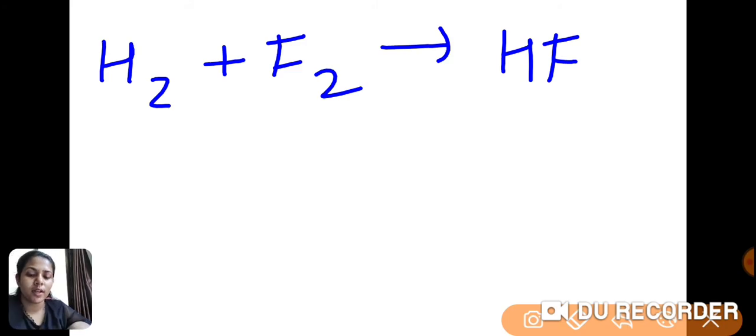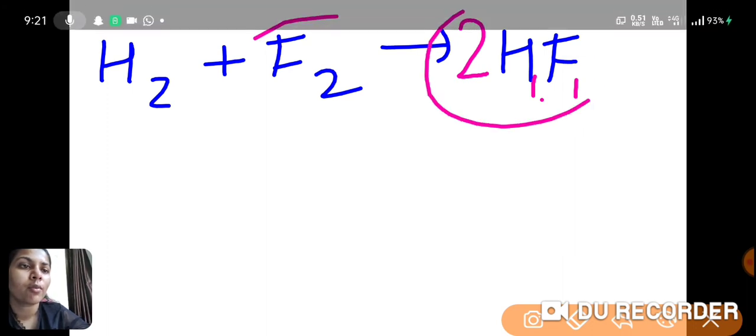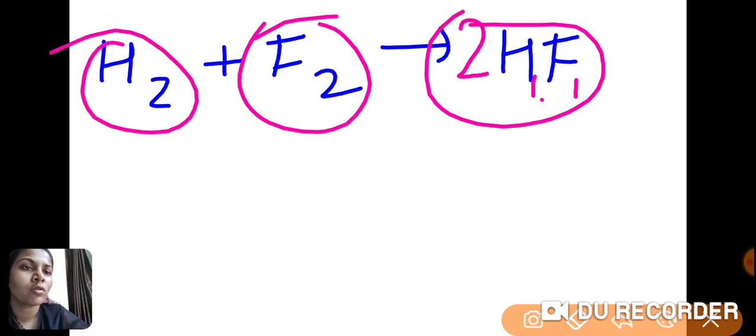So this is the reaction. Hydrogen plus fluorine gives hydrogen fluoride. If we need to balance this equation, here are 2 molecules of hydrogen and 2 molecules of fluorine giving 1 molecule of hydrogen fluoride. So if we multiply this by 2, here it is 1 only, so if we multiply this it is 2 and this is also 2. From the reactant side and the product side we can compare that hydrogen is 2 molecules and fluorine is also 2, so this is a balanced